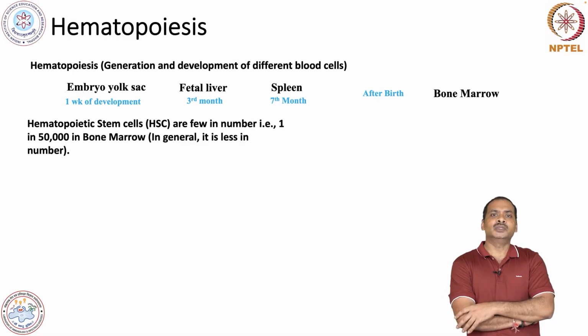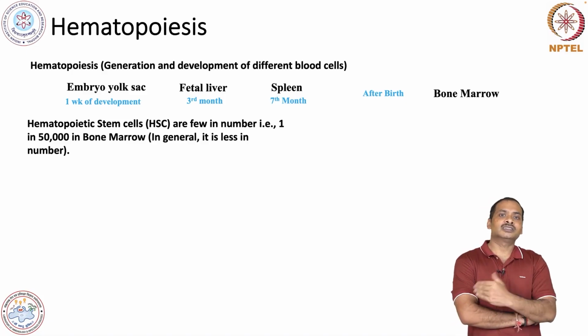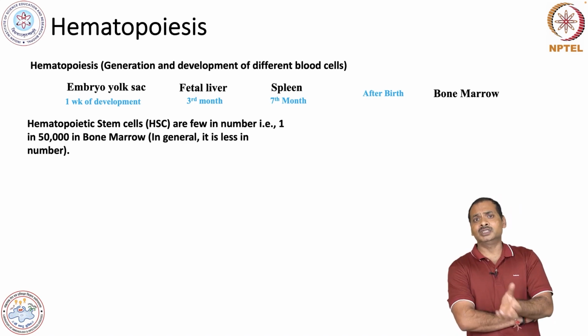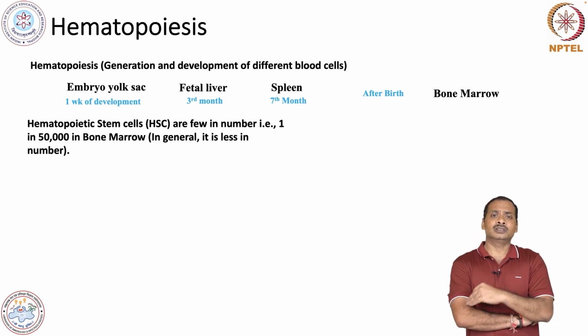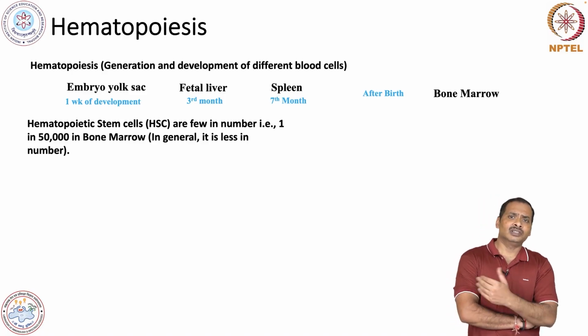Need means if there is a severe loss of blood, then these stem cells will divide and increase in number, and immediately replenish the blood cells. Okay. And then again they will reduce in number,